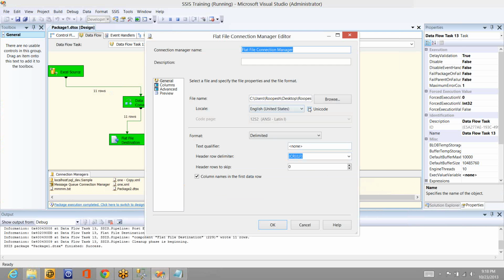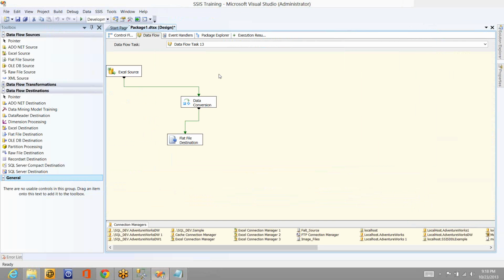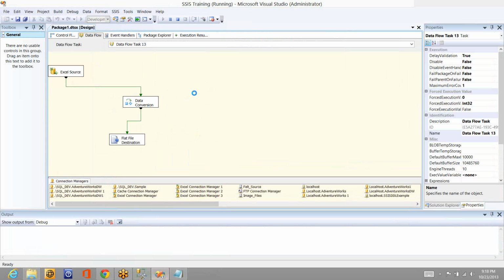If I uncheck this and execute this one, now if I try to push the same Chinese character set into this, it won't accept. Why? Because the code page does not support the Chinese characters. Whatever code page we have selected there does not support the Chinese characters. In the same way, if I select the code page as Chinese characters, then it won't support English or the remaining stuff, right? So that is why you have to check the option Unicode, whatever is available in the